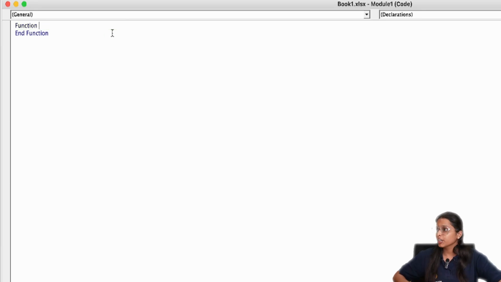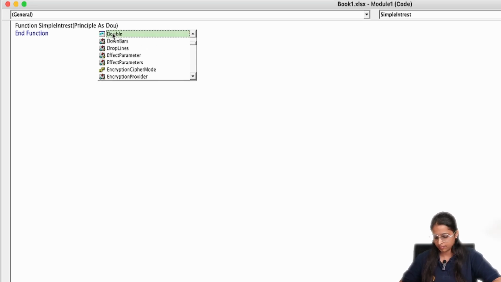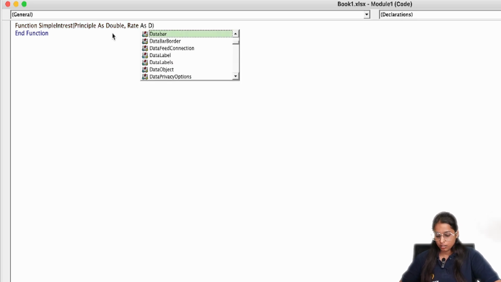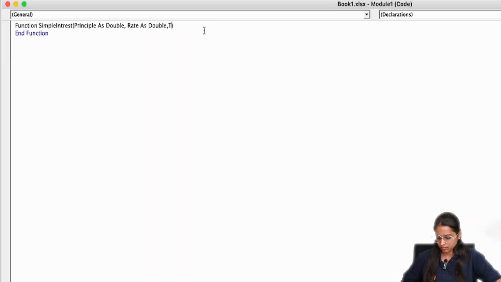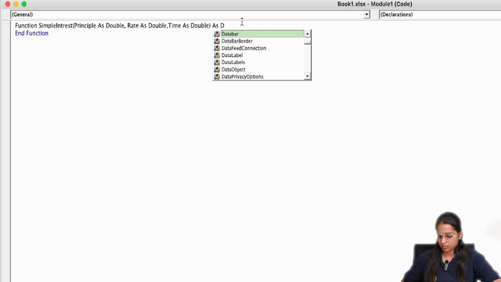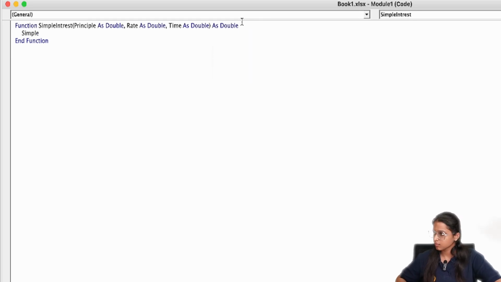Now, we'll write the function for SimpleInterest, then we'll pass our variables. VBA is not case sensitive for names, but be careful with the cases you are using. Now we'll write the formula here.